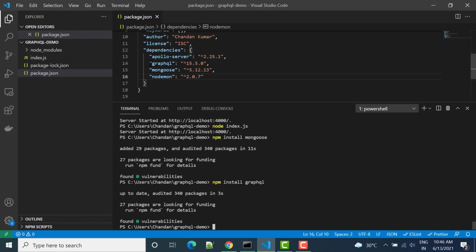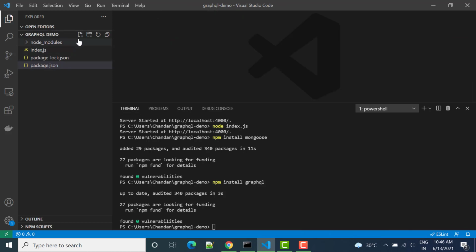Now the GraphQL package is installed, Mongoose is installed, and once we work with the front end, we will also install one more package, that is CORS. For now we don't need it, so we will start with creating a schema, and that schema will be the Mongoose schema for MongoDB.